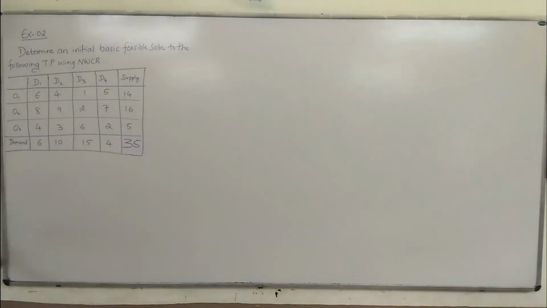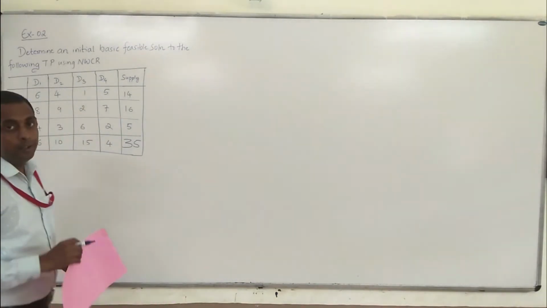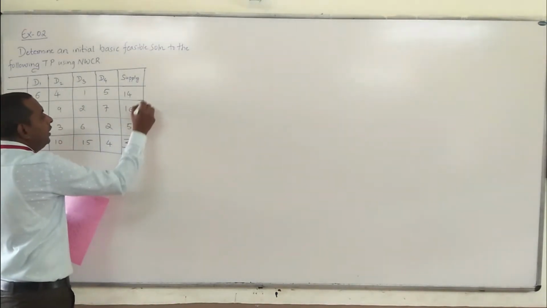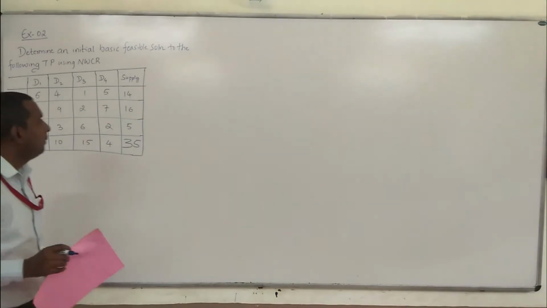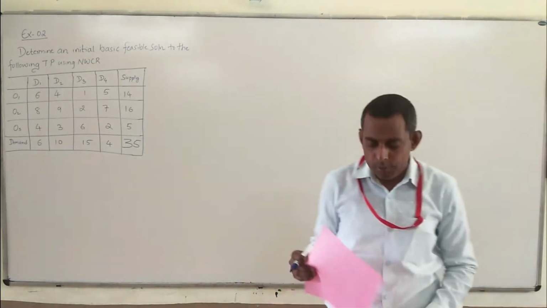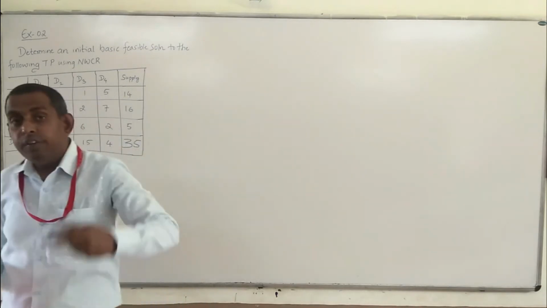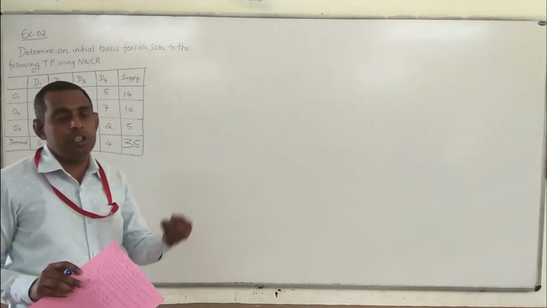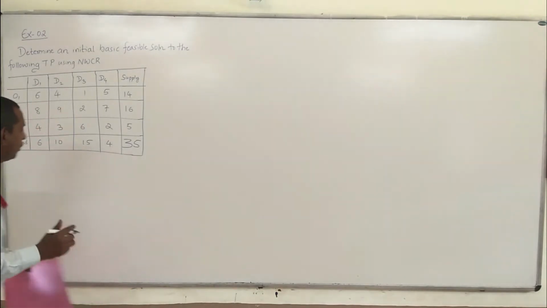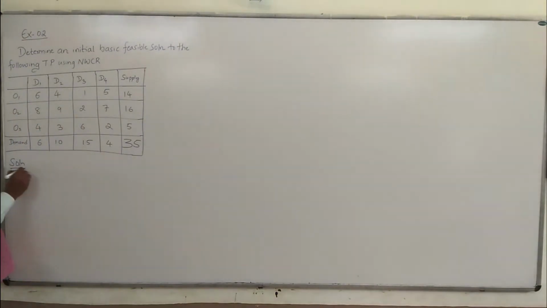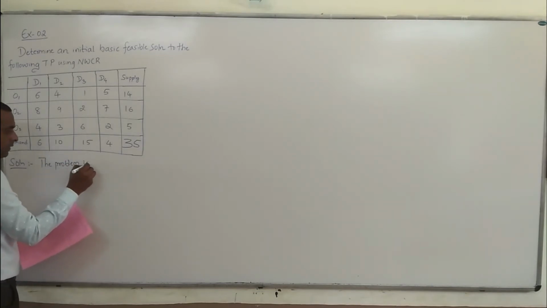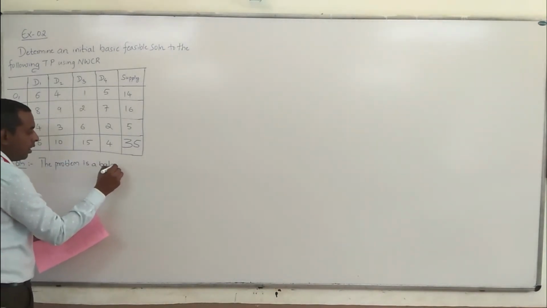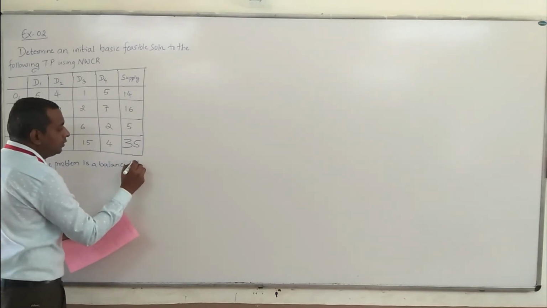So this is the given problem, and the given problem is treated as a matrix, that is rows and columns. This is the supply and this is the demand. First of all we need to check whether the supply is equal to demand. If supply is equal to demand, then the transportation problem is balanced. So solution: the problem is a balanced TP